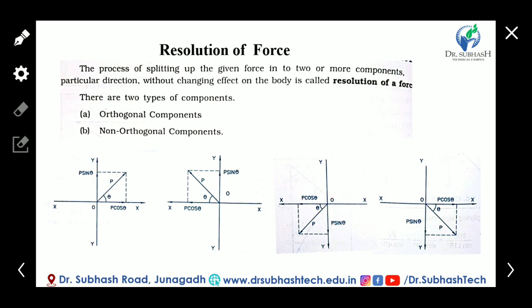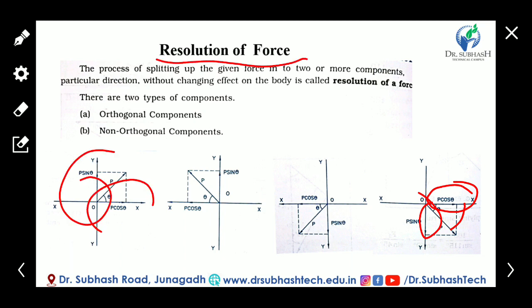If the force is in the fourth quadrant as shown in the figure, then the horizontal component direction is this way according to the force, and the vertical component direction is this way according to the given force. Now the P force makes an angle with the horizontal component, so the horizontal component is P cos theta and the vertical component is P sin theta. Okay, clear? This way we resolve the force into orthogonal components.